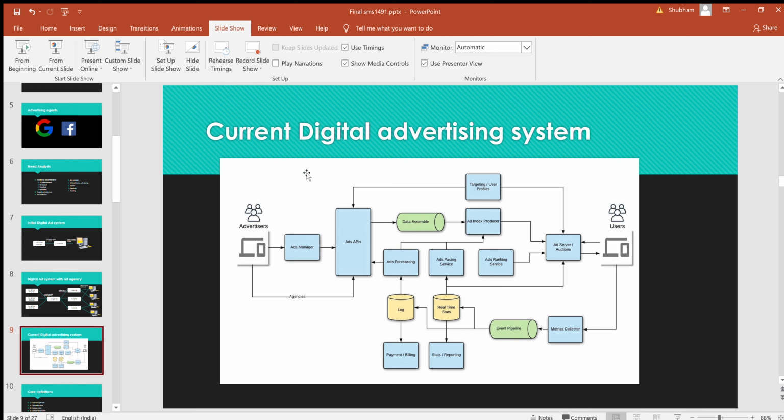The current digital advertising system can be seen on the screen. As search engines, social media, cookies, and other advanced technology emerged, a more sophisticated digital advertising system was conceptualized. In addition to the previous system, more complex subsystems got added. Google, Facebook, Twitter became the major advertising agencies as well as websites to display advertising on their own sites.